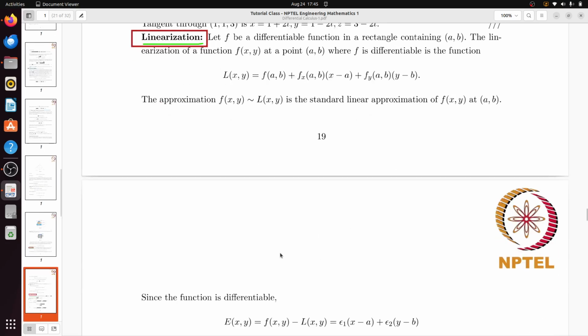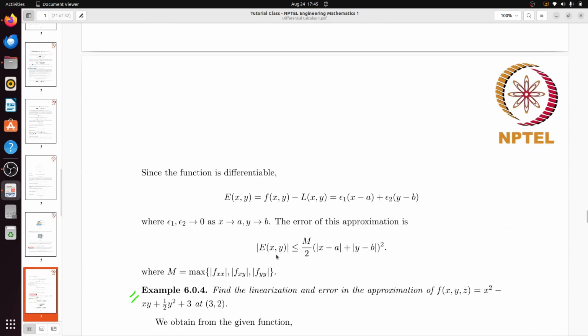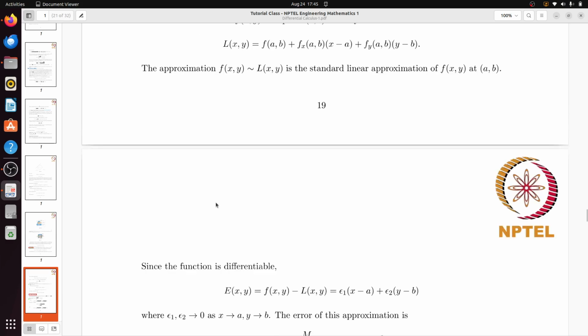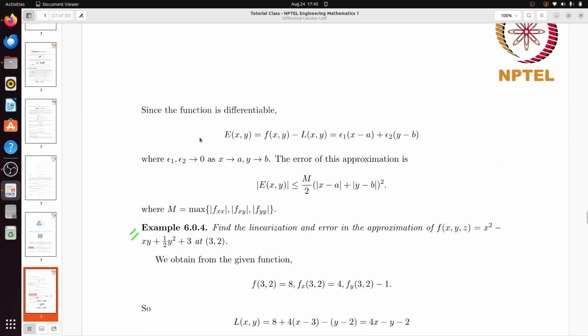Next, what will be the error? Since the function is differentiable, you are approximating the function f(x,y) with L(x,y), so there might be some error. What is that error? The error E(x,y) is simply f(x,y) minus L(x,y). That means epsilon 1 times (x minus a) plus epsilon 2 times (y minus b), where epsilon 1, epsilon 2 tend to 0 as x tends to a, y tends to b. The error of this approximation is